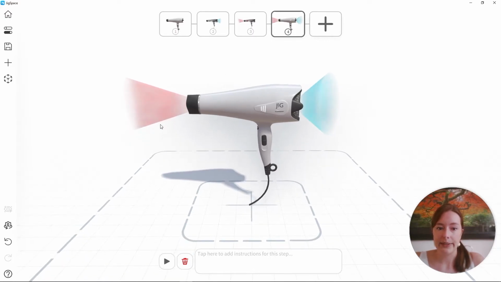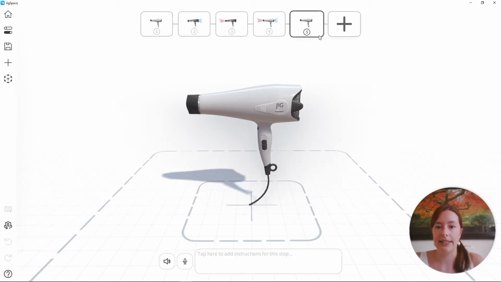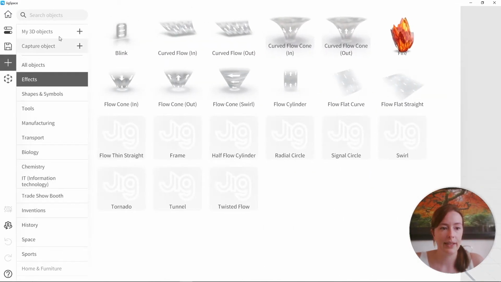So our jig is looking good, but there's one last feature I'd like to add in. So I'm going to add another clean step. So I'll select step 1 and add a duplicate of step 1. So now I have step 5. I'm going to go to our model library. And I'm going to add in a screen object.